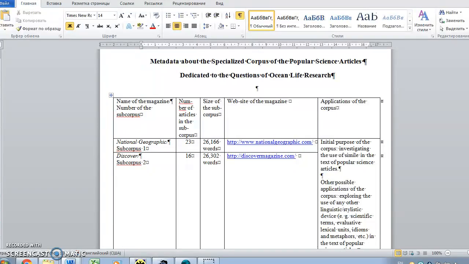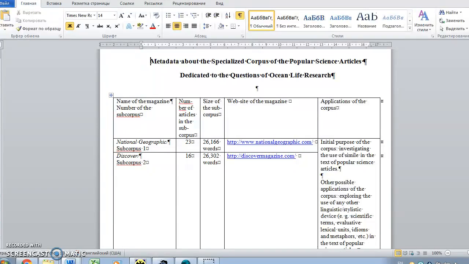So these facts point to the multifunctionality of similes in different contexts, including different genres and different kinds of texts, and so on. And that's why it would be quite reasonable to investigate the different roles and functions which similes may play in particular genres of popular science texts, or even some varieties of those genres. So as you guess, in this case, I'm going to concentrate on the language of popular science articles, particularly on the use of similes.